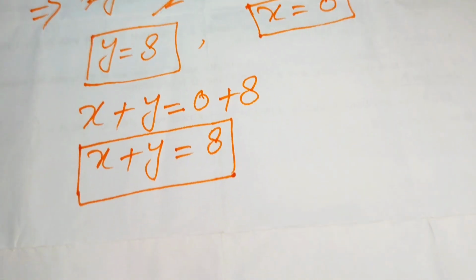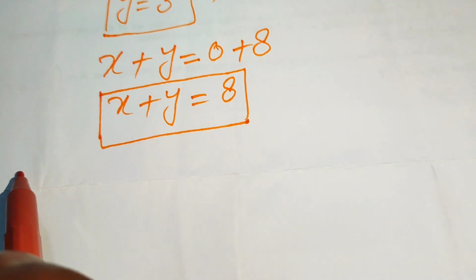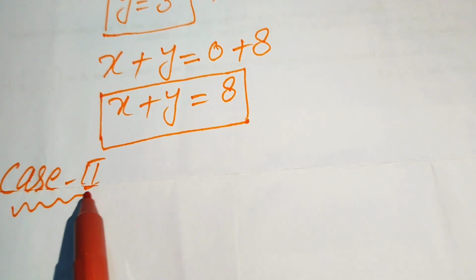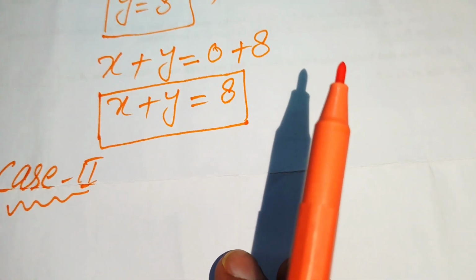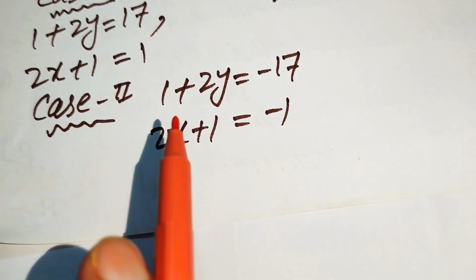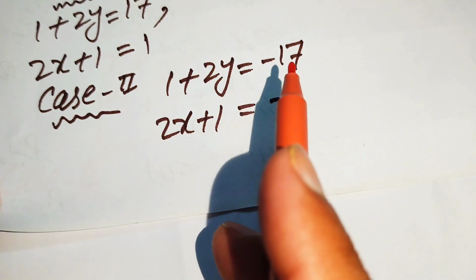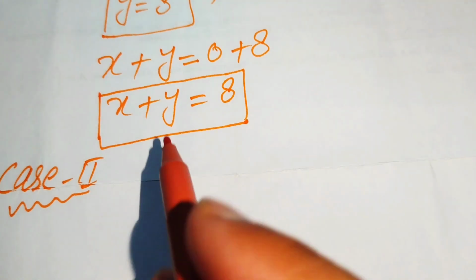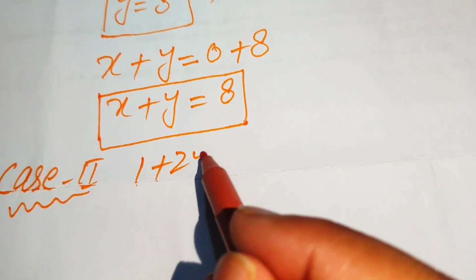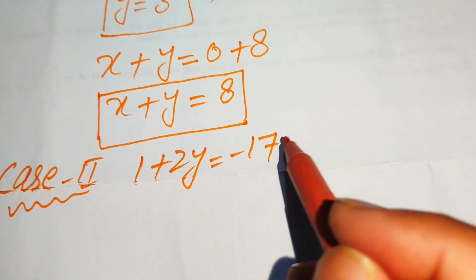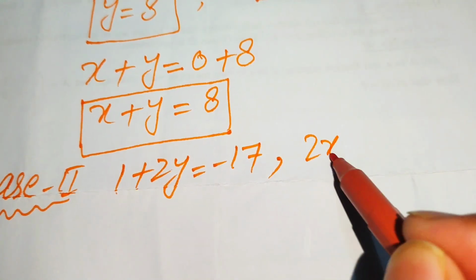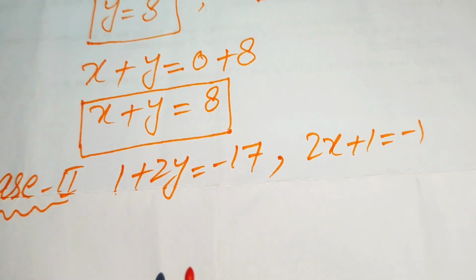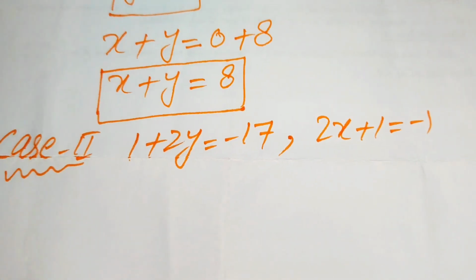And now we move towards our second case, so here first we copy down our case number 2. So our second case is, we write it here, 1 plus 2y equals minus 17 and 2x plus 1 equals minus 1. So we write it as 1 plus 2y equals minus 17 and 2x plus 1 equals minus 1. So this is our second case, and now we solve this second case and we get the second solution of